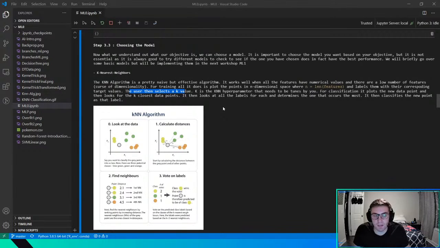If you have a very complex relationship, you want something that's not very biased. Say you have an underlying exponential relationship and you're using a linear model. It's not going to perform well because you're giving it a lot of bias already, and the error is going to go up a lot. But in KNN, where there's no bias at all, it's okay to have a lot of variance because it will model the relationship better.